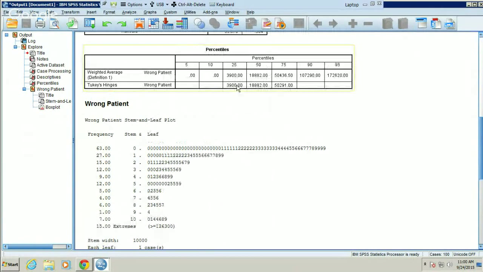Unless it's these two right here. Maybe it's 3,900. Are you still seeing what I'm looking at? Yes, I am. Okay, so under the percentiles, I wonder if the Tukey's hinges or whatever,